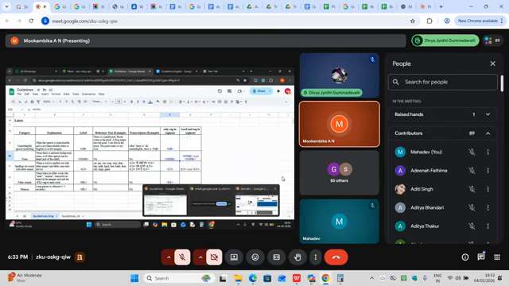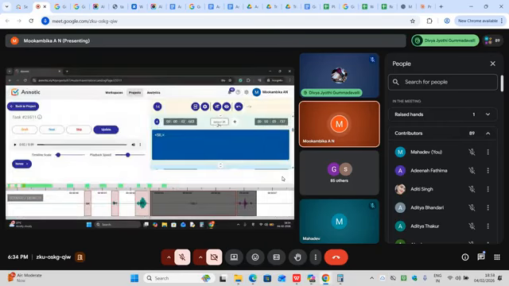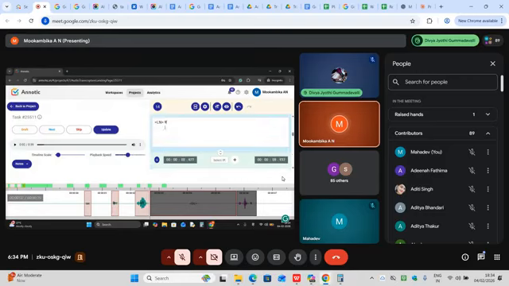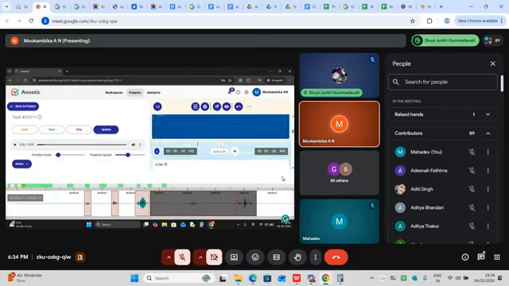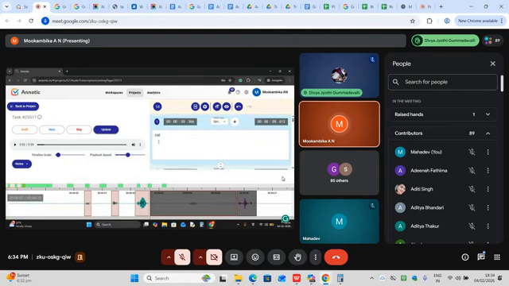Here speaker selection is very, very important. All the segments have to be transcribed, then only you can update the file. Without that, you cannot update the file. These are the main things which you have to remember.